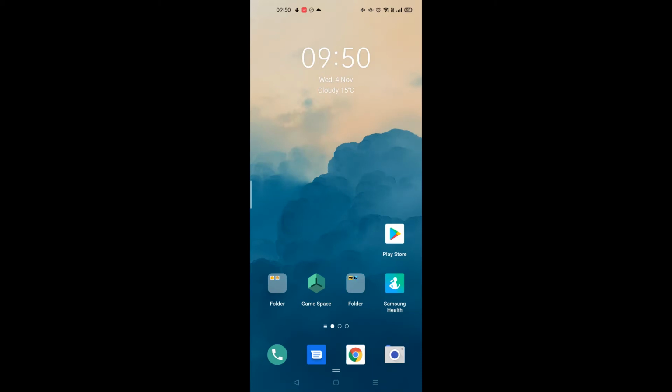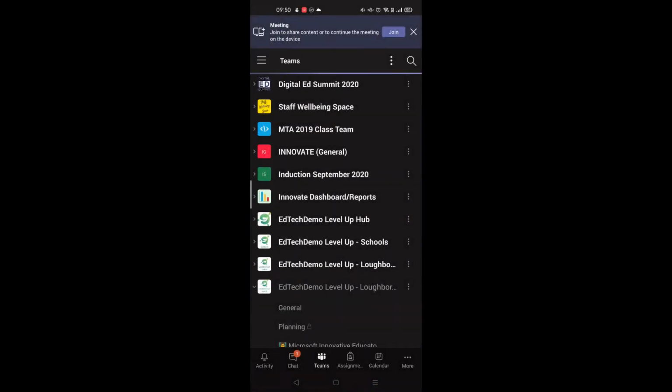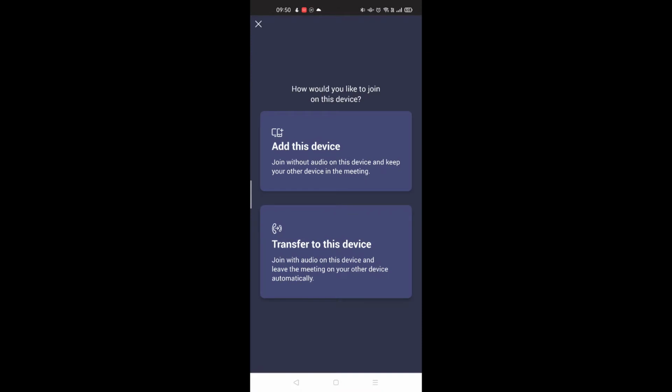Okay, so this is my phone screen, and the first thing you'll want to do is launch Microsoft Teams. And then, as you can see, it's kind of like the video I made about using your phone as a visualizer. You'll see the meeting button at the top, so if you just press join there, and if you click add this device,